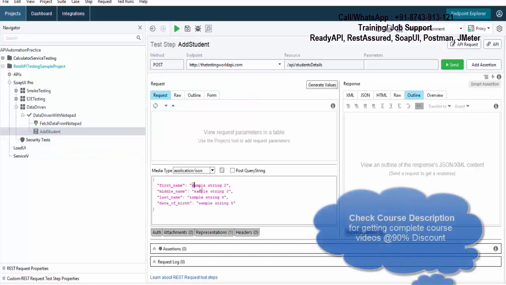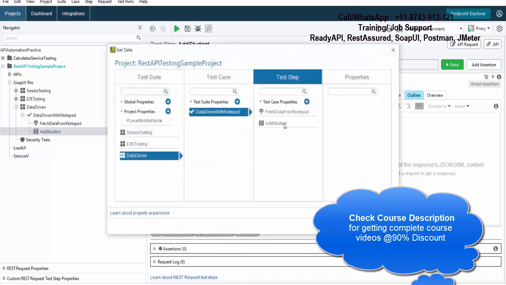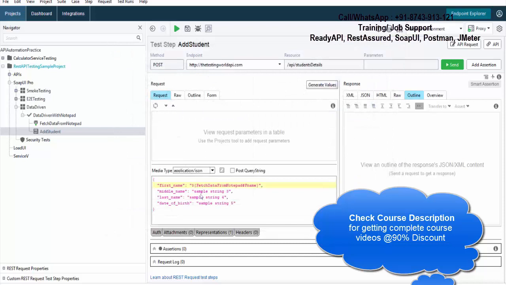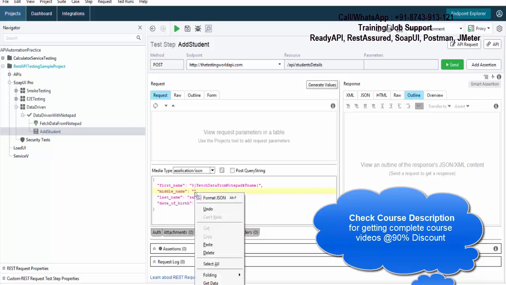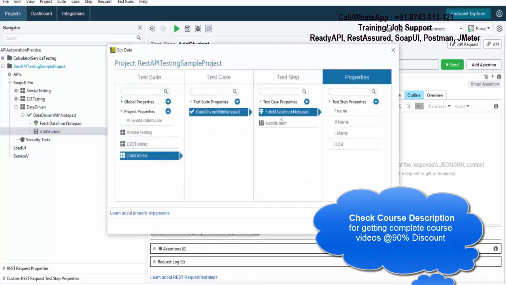Here I want to use first name. So I'll just right click and get data. I want to get, from the fetch data from the notepad, first name. So that is the first data. In the same way, I can go and fetch data from the data source step. Get data, fetch data from the notepad.